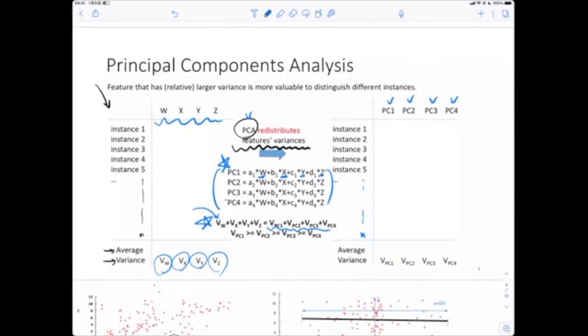Since we just do the rotation, the variance, which means the relationship between those data points, is still the same. So the sum of the variances in the new space, VPC1, VPC2, VPC3, and VPC4, is still the same.